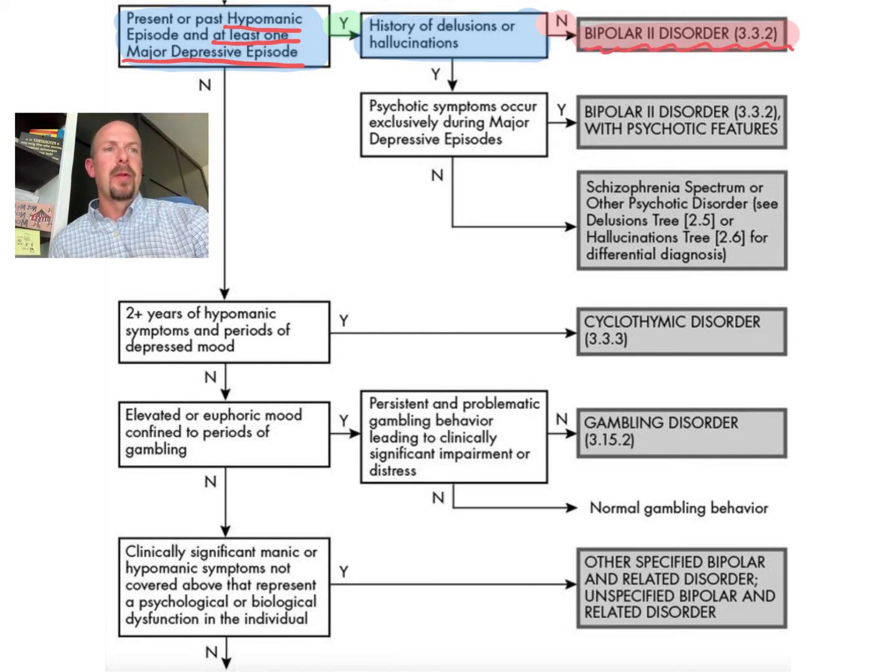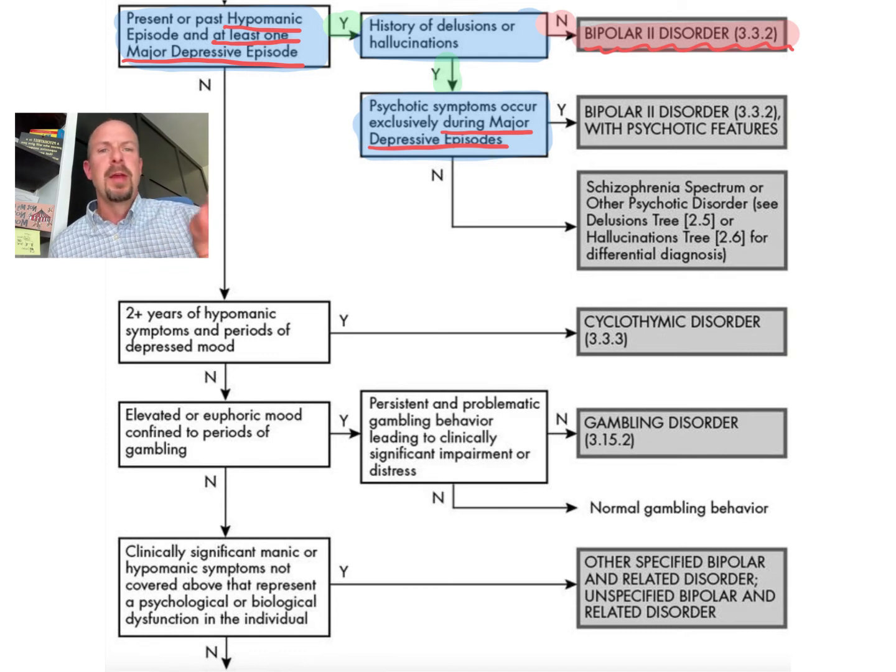Now, let's say that we answer yes, they've had a history of delusions or hallucinations. A similar process occurs then, in that you ask yourself, did these delusions and hallucinations occur exclusively during a major depressive episode? In this case, typically it doesn't rise to the occasion. A hypomanic episode with delusions or hallucinations usually doesn't quite match up because they haven't reached that marked stage of impairment. Typically with a hypomanic episode, they're not reaching that stage of